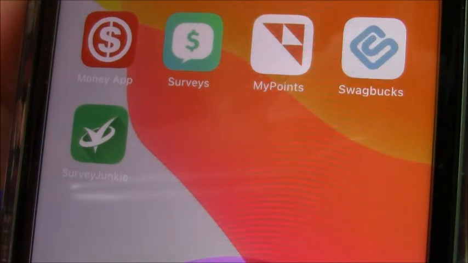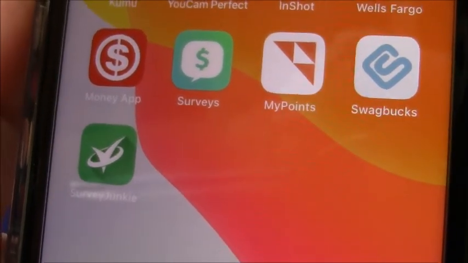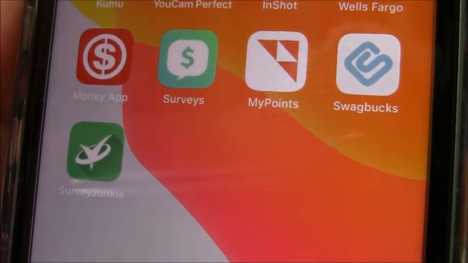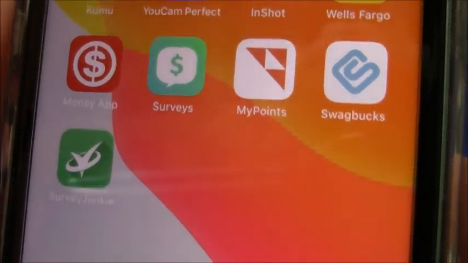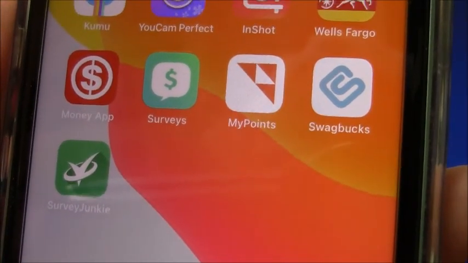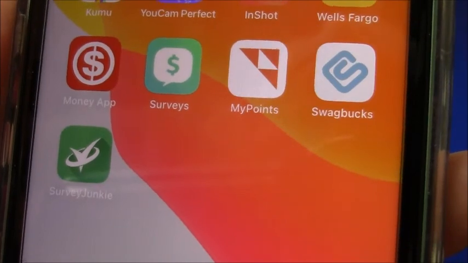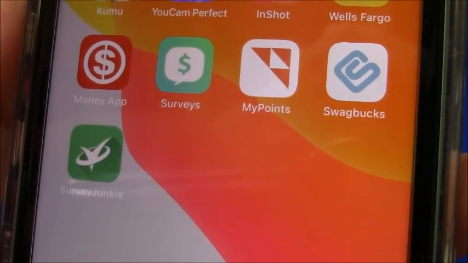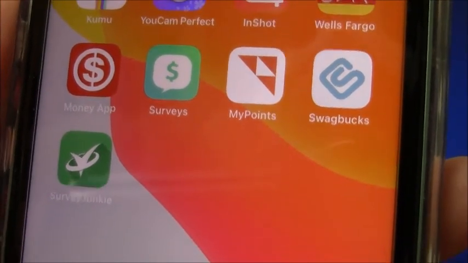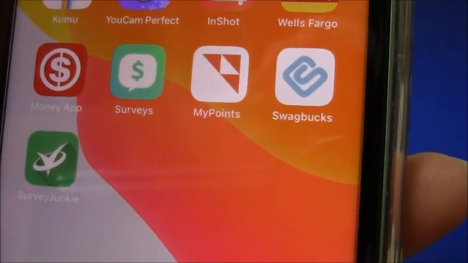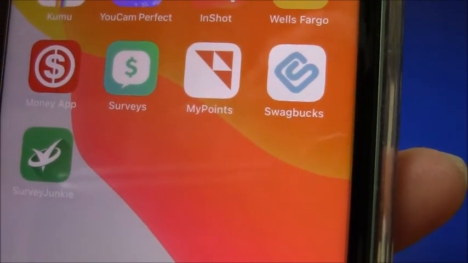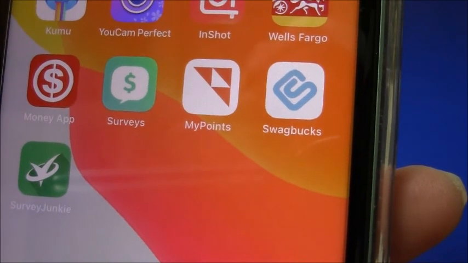And of course Survey Junkie. Make sure the logo is like that. You can go to google.com, the apps, and then Firefox or bing.com, or whatever your browser is, and search for those.